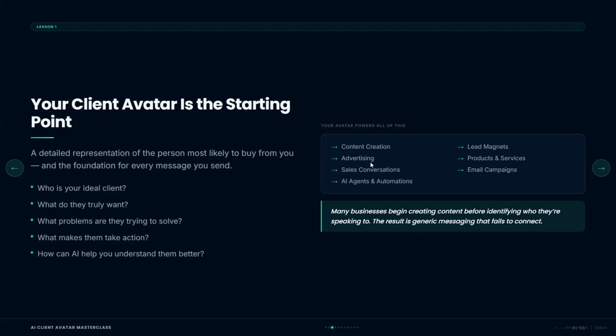So that's why it's important for you to actually know who your ideal client is. Is it a man? Is it a woman? What do they want? And what problems are they trying to solve right now in their business? What are their pains? What gets under their skin? What makes them take action? What makes someone get out of bed to go and grab the credit card and make payment